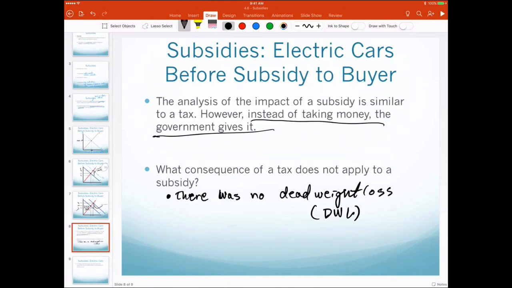However, it's not as if there is no deadweight loss, because the money that the government needs to provide the subsidy had to be taxed somewhere else, right? So it came from your income taxes, and so the deadweight loss is over in that market and not in this market where there's the subsidy, okay? So the deadweight loss is kind of hidden in this analysis of a subsidy.